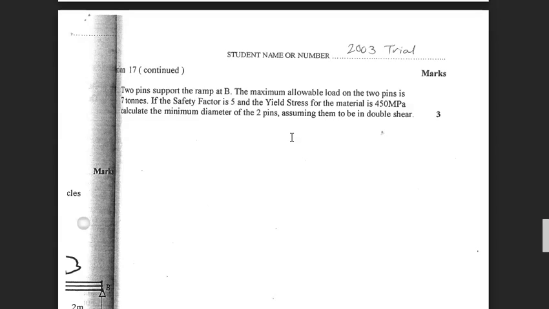So the UTS is typically the value because when we punch a hole, it doesn't matter that it's failed. It doesn't matter that it's yielded, right? It doesn't matter that it's given up. What matters is that you need to go all the way through. You need to punch a hole clear through. So if they give you two values, you have to use the yield stress for bolts and the UTS for punching a hole. Calculate the diameter of the two pins, assuming them to be in double shear. Okay, so